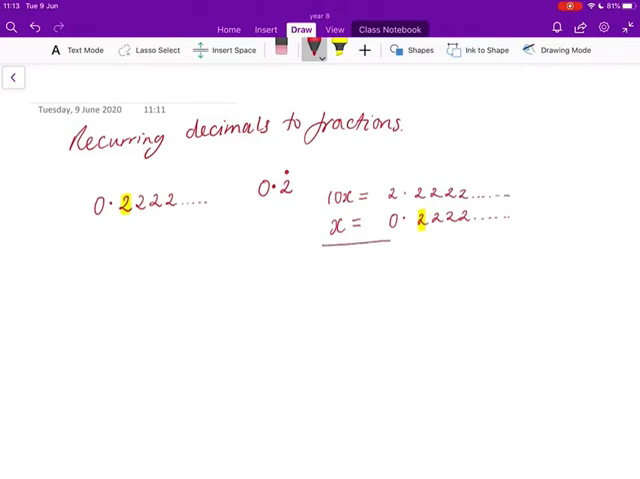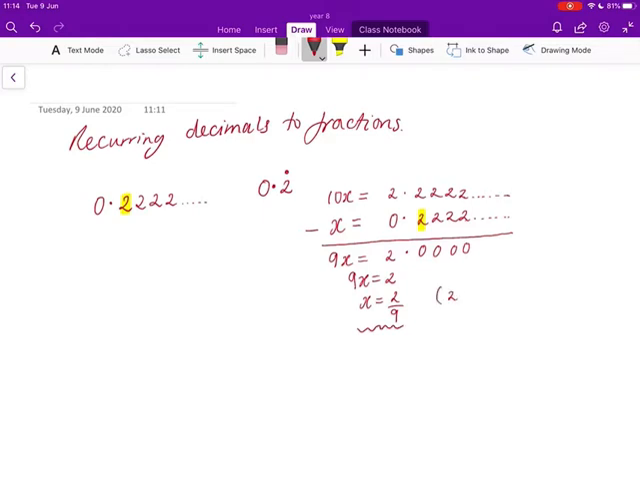2.222 recurring. Then we can treat this as a calculation where we subtract the bottom row from the top row, so we've got 10x take away 1x, which will give us 9x. On the right hand side, 2 subtract 2 will give us 0, 2 subtract 2 will give us 0, etc., until we get to the decimal point, and then 2 subtract 0 will give us 2. So we've ended up with 9x equals 2, so x is equal to